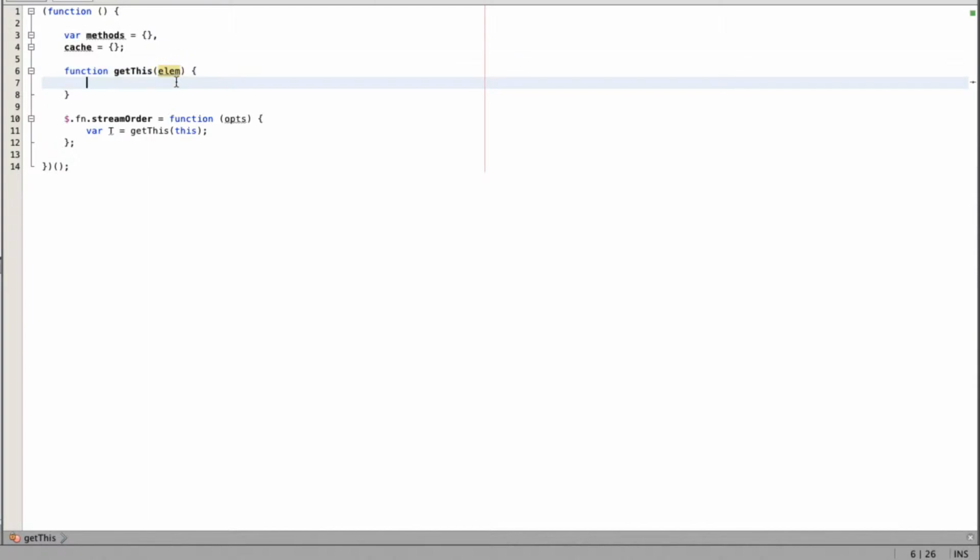elem, and then I just say var id equals elem dot data, and just say stream order id, and then when we actually come to creating the function, I'll actually give this a data attribute of stream order id, and basically